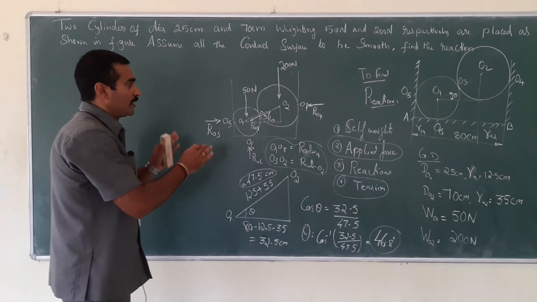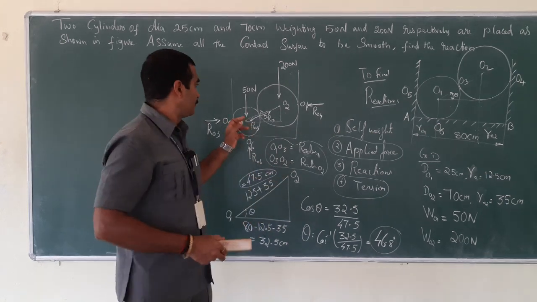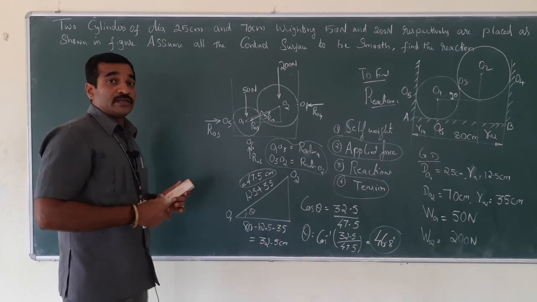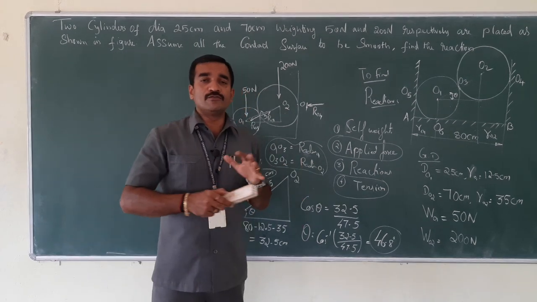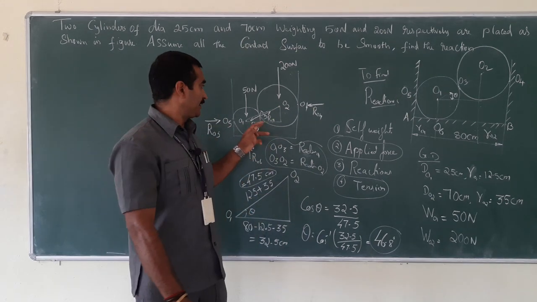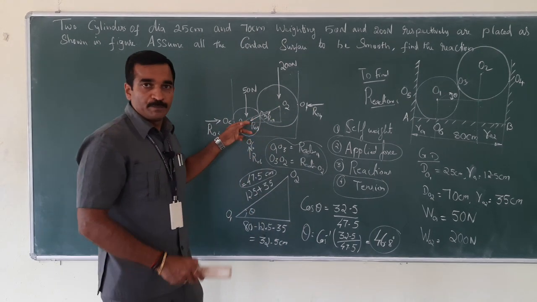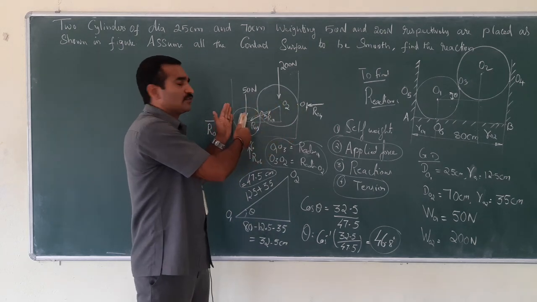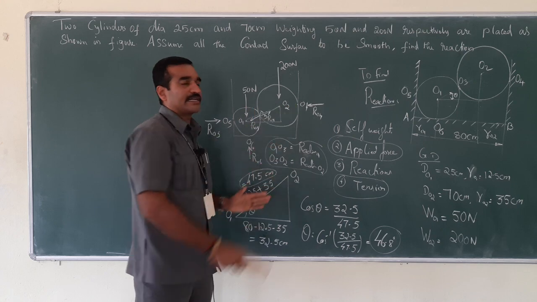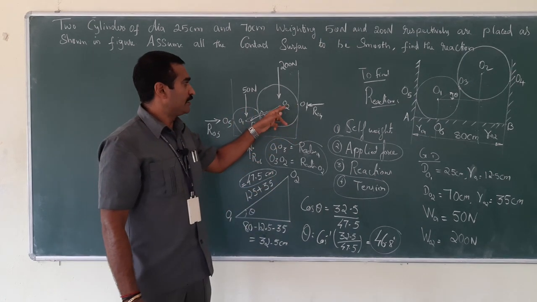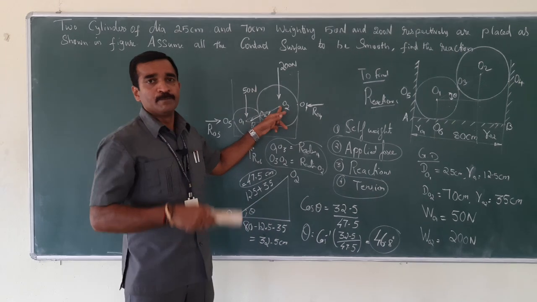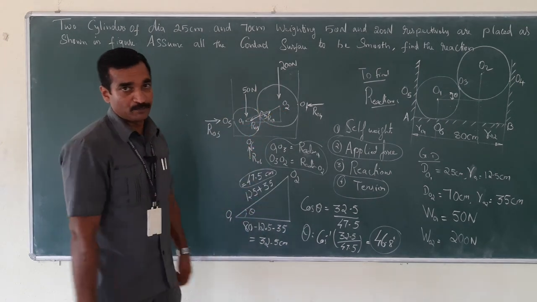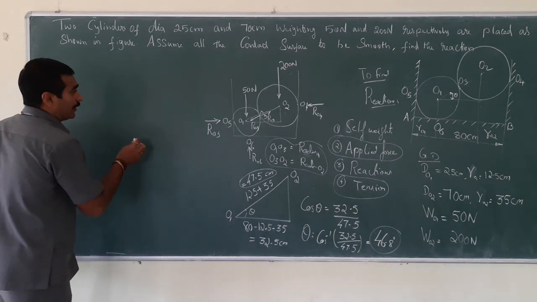Now let me just draw individual FBDs for roller 1 and roller 2. Right? Because the chapter says all the forces need to be concurrent. Look at here. All the forces will point towards O1 for this one, and this is FBD2. This will be considered as FBD1 and this will be considered as FBD2, because here the forces are acting towards the point, or passing through that point. Let me just take FBD1 for O1.